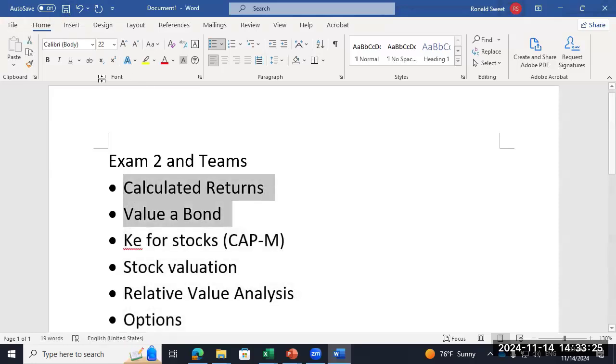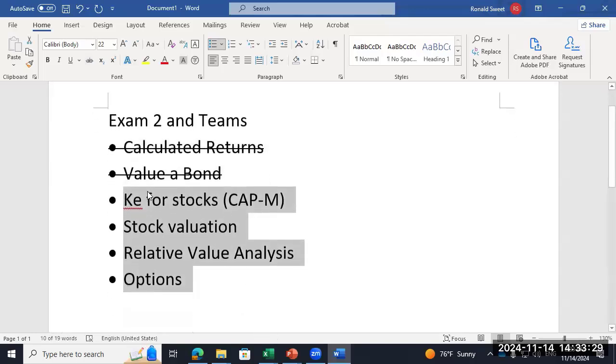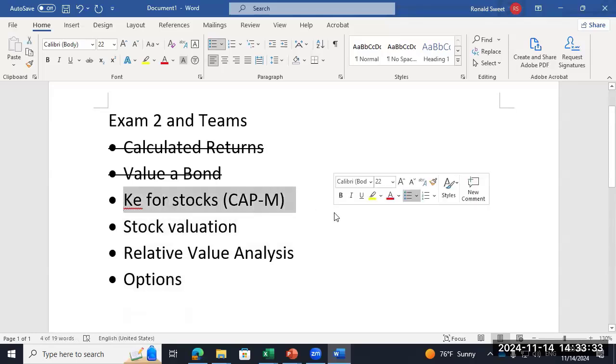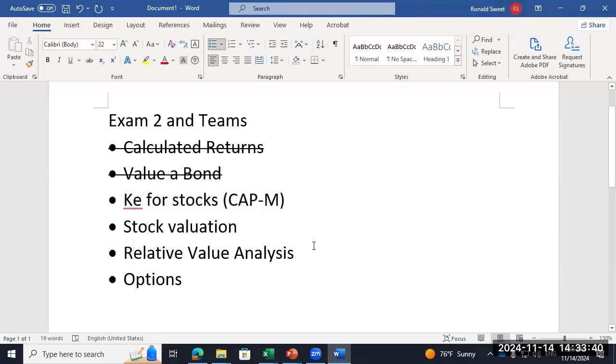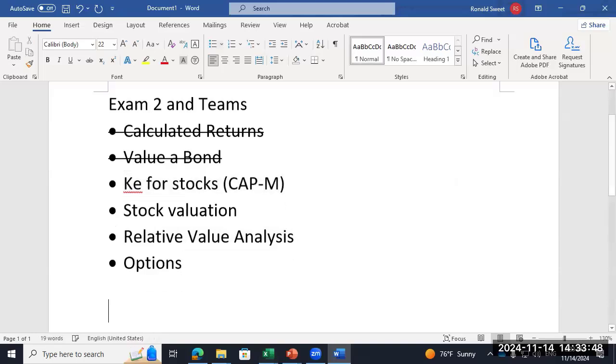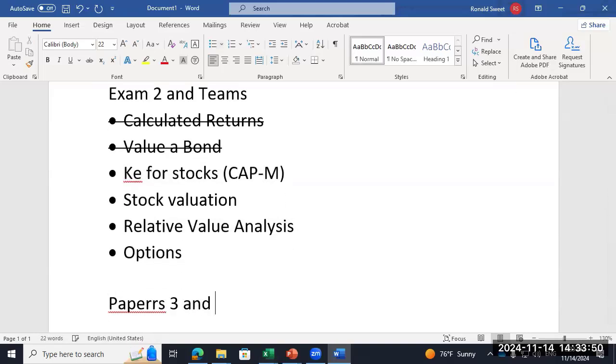So we've gotten two of these done on the teams, and then just four more to go, and we'll knock these two out pretty quickly. This is the most involved question on the exam. It's not necessarily an essay question, but it does require some writing. And this one requires a little bit of writing. We'll do that today. As far as the KE for stocks, so your papers 3 and 4 are due, I